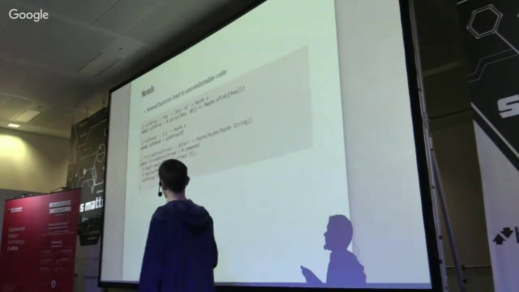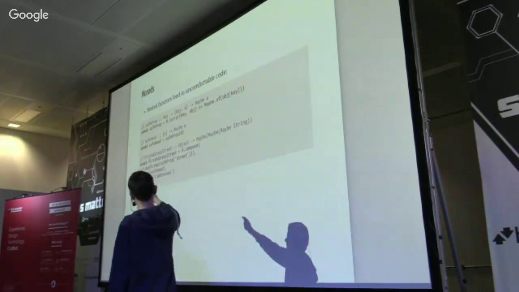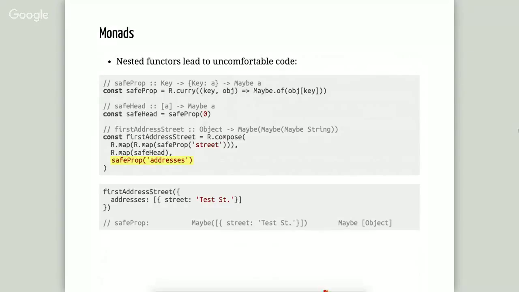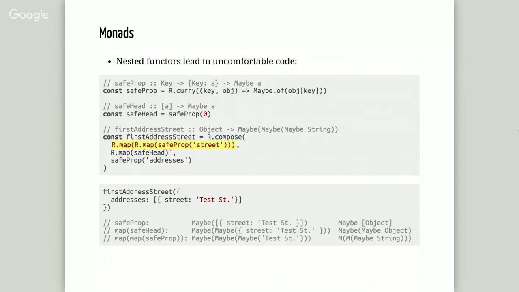We can redefine that into the safeProp. So here, if I want to get the address property and then get the head of that, so it can be an array of addresses, and then I want to get the street property, you can see we're having to map once to get inside the first Maybe, and then we're having to map twice to get inside the second Maybe, and the result is 3 Maybes deep, which is kind of crazy. So if we follow the execution of this, we call safeProp addresses on this, we get back an array of addresses wrapped inside a Maybe, and then we map safeHead, and we get back the first element of that wrapped inside another Maybe,